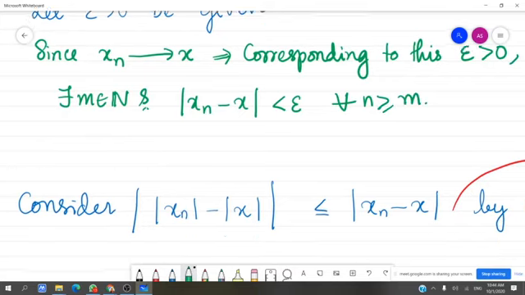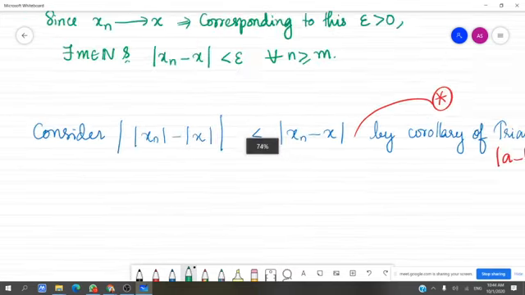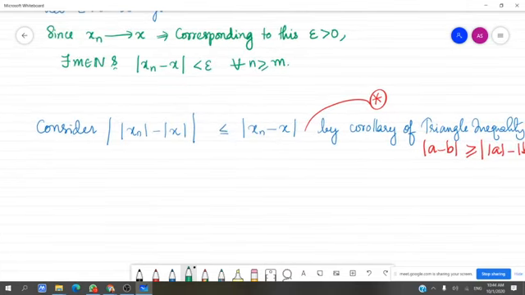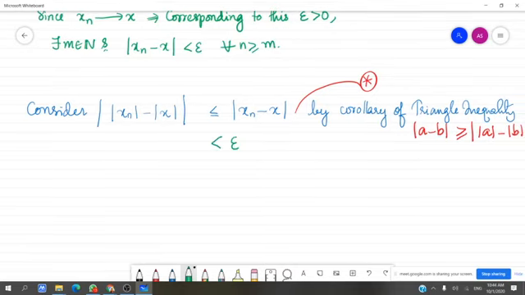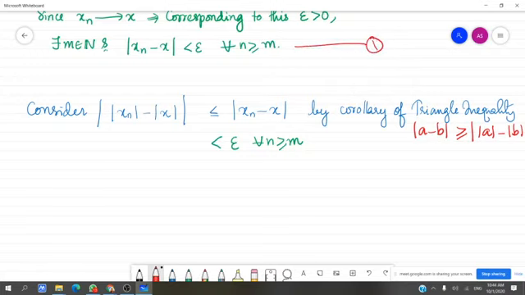Now, if we consider modulus of mod xn minus mod x, it is less than or equal to modulus of xn minus x by the corollary of triangle inequality, and this is less than epsilon for all n greater than or equal to m by this condition. So we may mark this as star. By star, thus